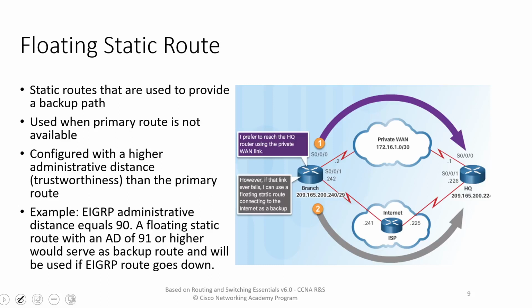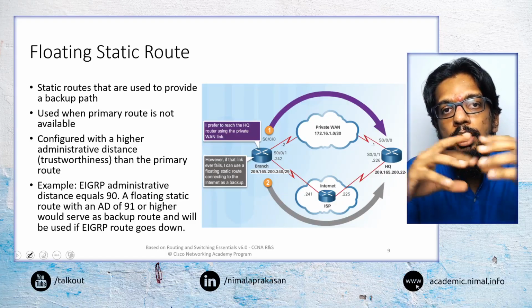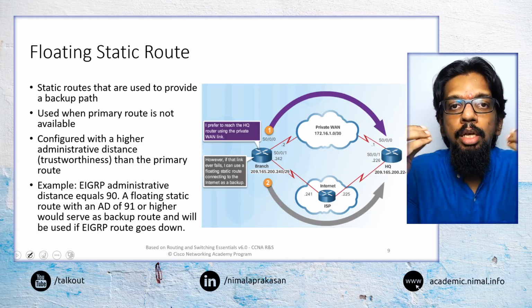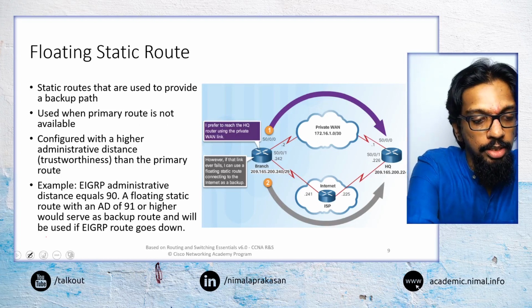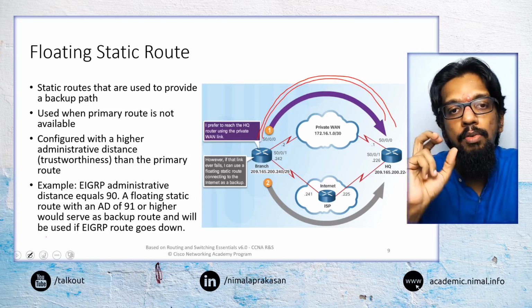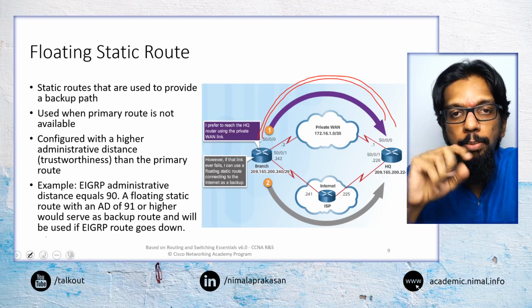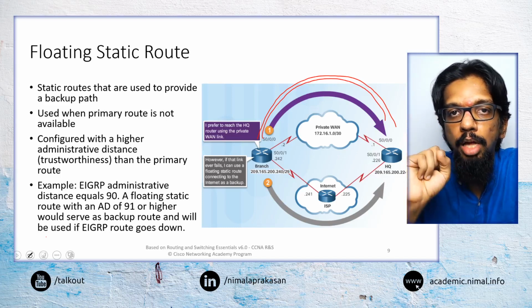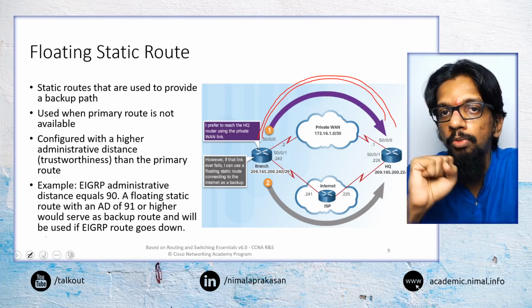The other kind of static route that we can set is what is called a floating static route. When we say floating static route, this will be used when we have backup paths, or when we want to have backup paths. So we have one entry or one connectivity that is our primary connection. That is what we would want to use most of the time. Say, for example, our organization's central office and the branch are connected through 2 links, one fiber link and one wireless link.